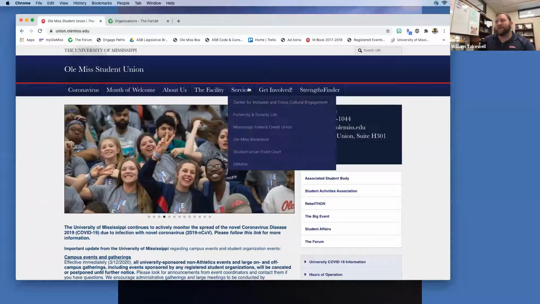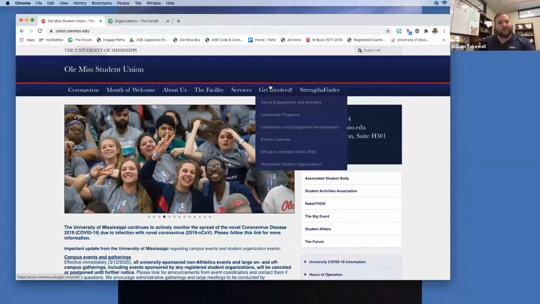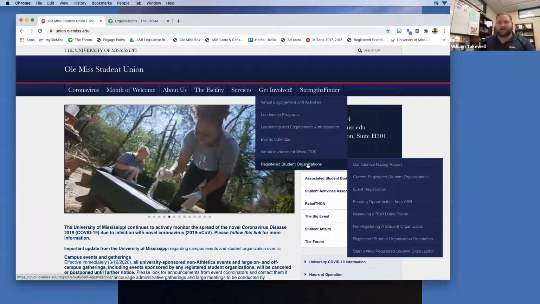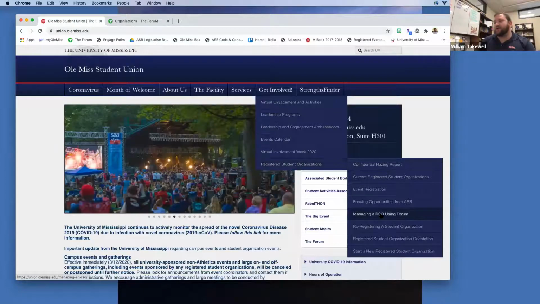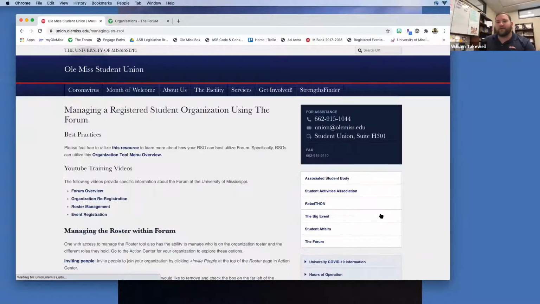If you navigate there, what you'll notice is we have a Get Involved tab. Under this tab, we have information for registered student organizations, and this information also applies to our university departments as well. If you go to managing an RSO utilizing ForUM and click on that,